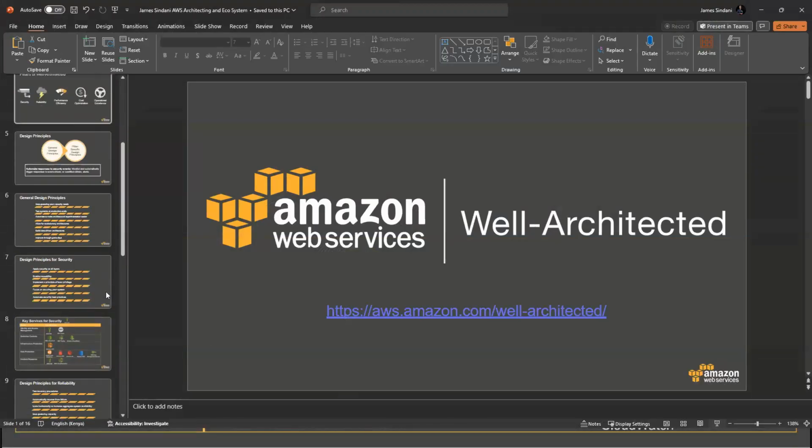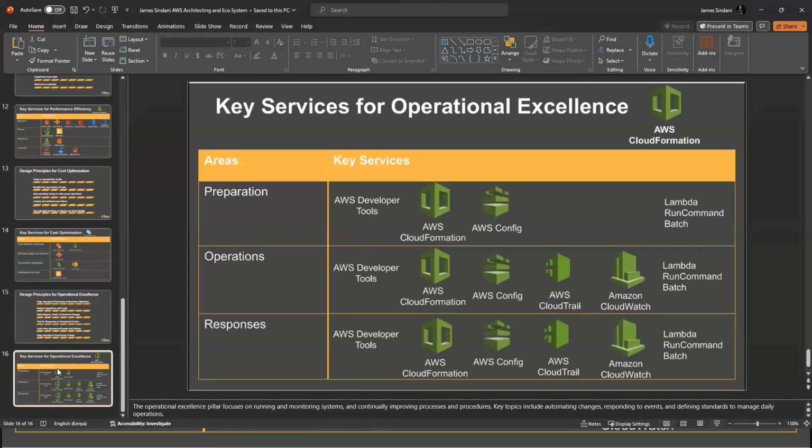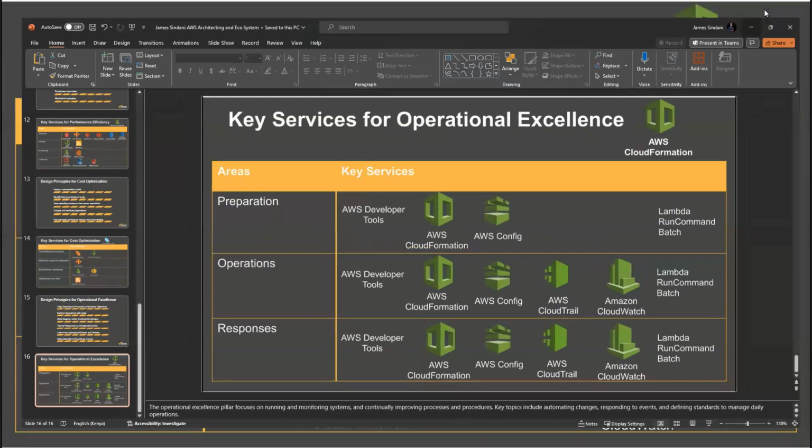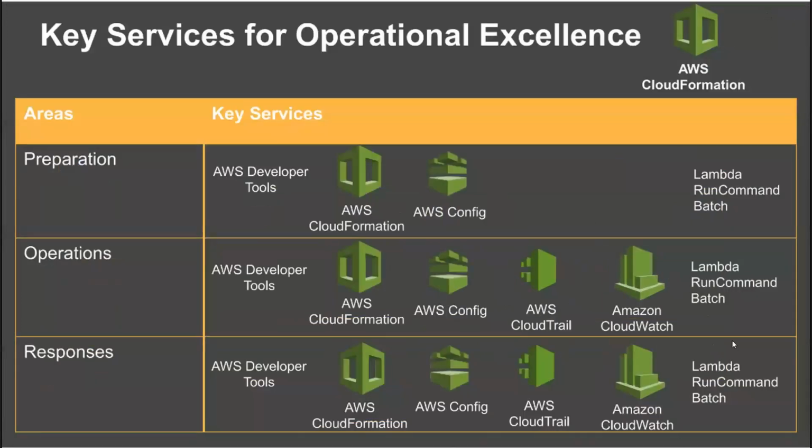The last section was on ecosystem. Now in my case, when it comes to ecosystem, I just want us to have a look. Let me just stop sharing first, then I share again. I've created a scenario for us. We have a look at what company XYZ wants. Then at the end, you're going to build an architecture diagram that is in line with the 6 pillars of the well-architected framework.